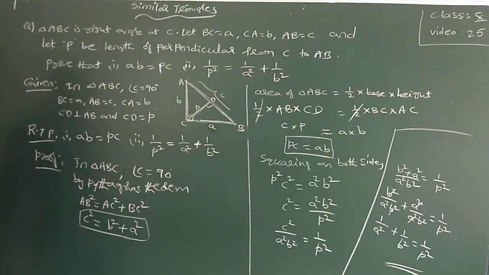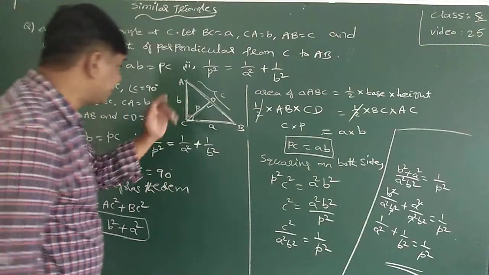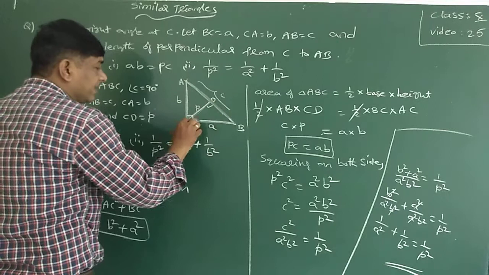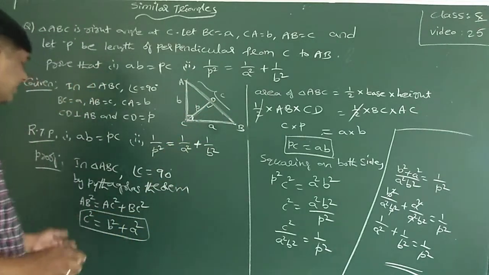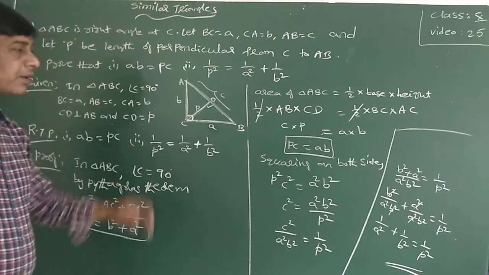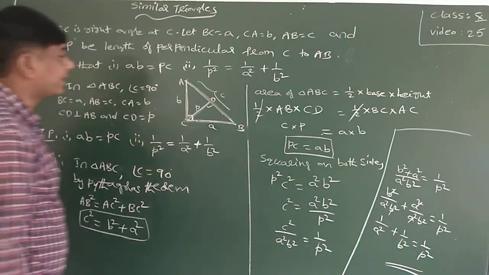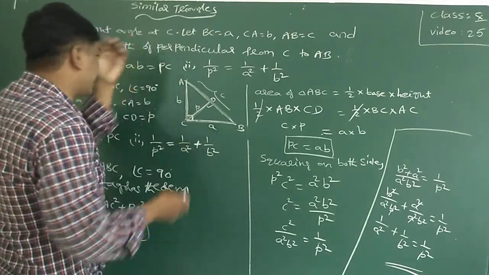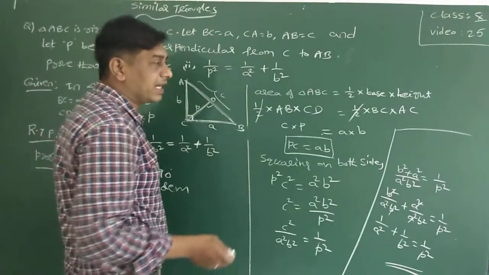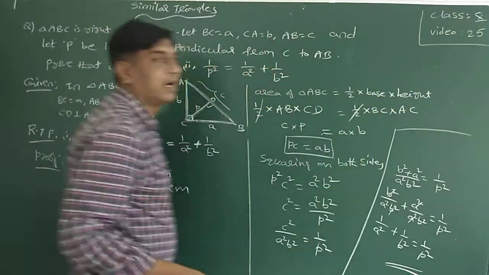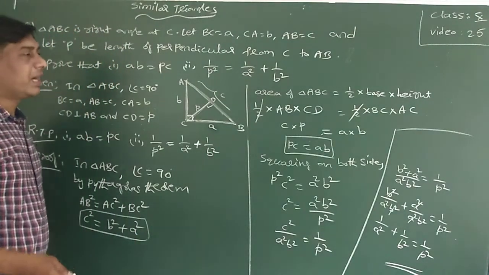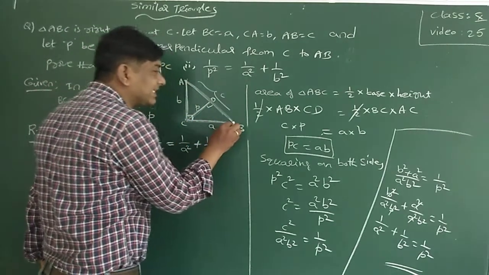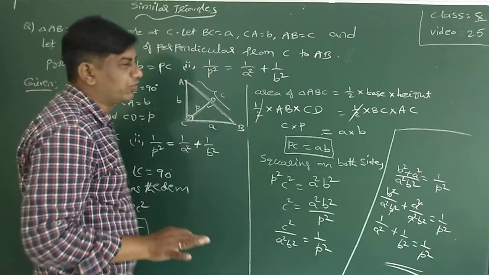So I am explaining in a simple way here. In triangle ABC, since this is a right angle, by Pythagoras theorem, AB square is equal to BC square plus AC square. So c square is equal to b square plus a square, I got. Now I am going to find out the area of the triangle. Which triangle? ABC triangle. The area of the triangle formula is half into base into height. If this is the altitude, then this will be the base: BC into AC. That is okay, no issue there.